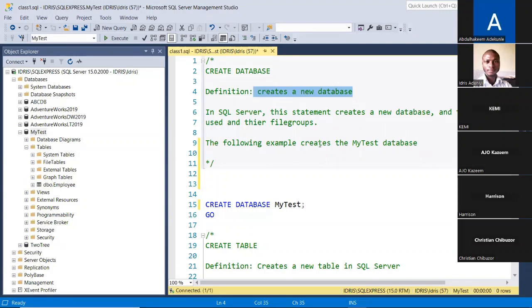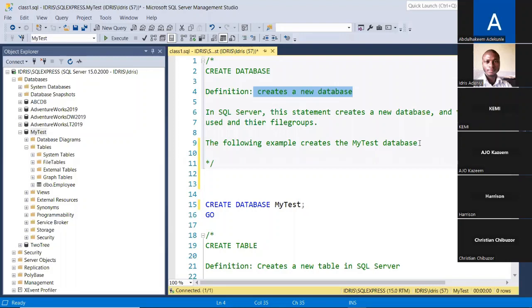This statement creates a new database, and optionally the files that will be used and their file groups. The files and their file groups are beyond the scope of what we are talking about here. These are optional things that you may need to do as you advance in your journey of being a data analyst or